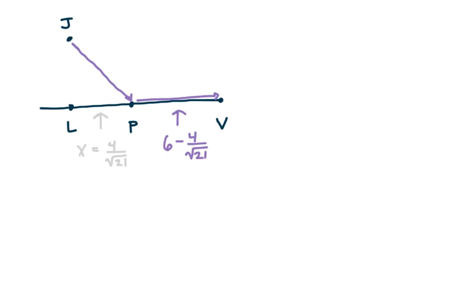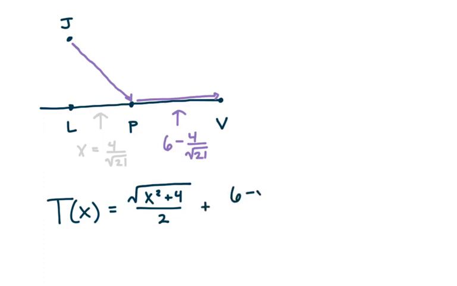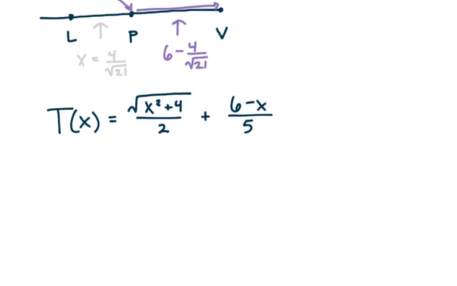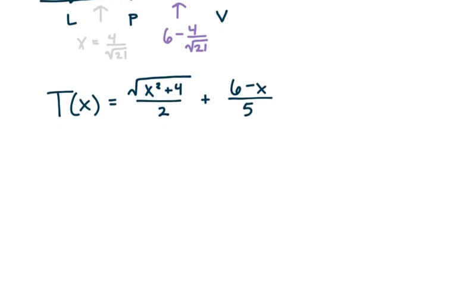So if we go back to our original time equation, time in terms of distance x, remember we had that distance over the rate, which gave me time, the square root of x squared plus 4 over 2 plus, from p to v, 6 minus x over 5. So we need to plug our x value in here. And so if I let x be 4 divided by the square root of 21, then the time it takes Jane